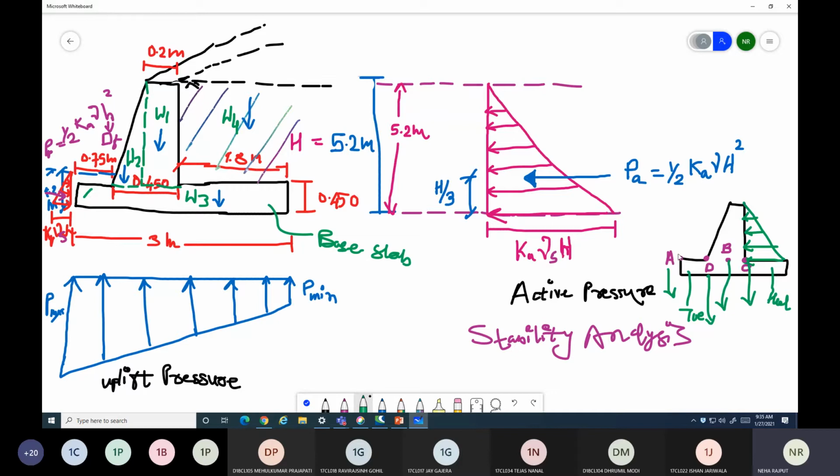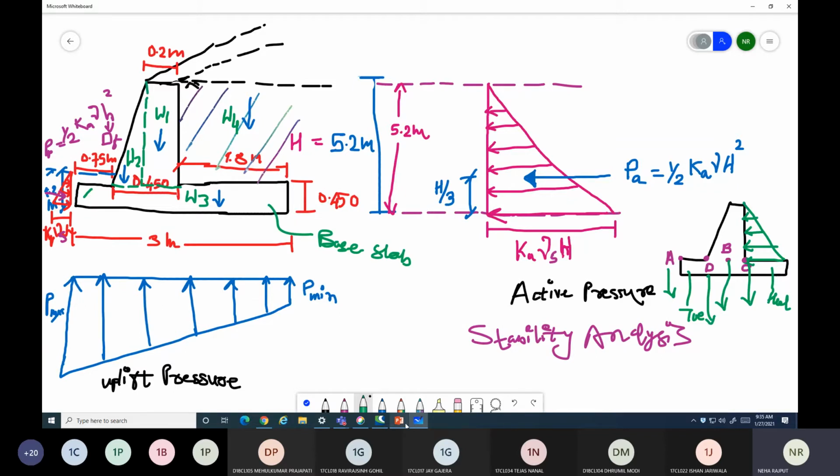The simple way is A point is stability, overturning about this point. For the design of stem, you require the junction of stem and base slab, so that is B point. For the heel design, you require junction of stem and heel, so C point. And for the toe design, the junction of stem and toe is D point. So this way you can remember this A, B, C, D point for the full design of cantilever retaining wall.